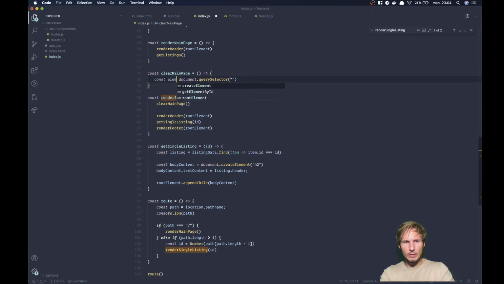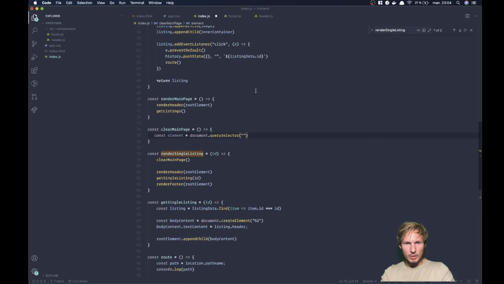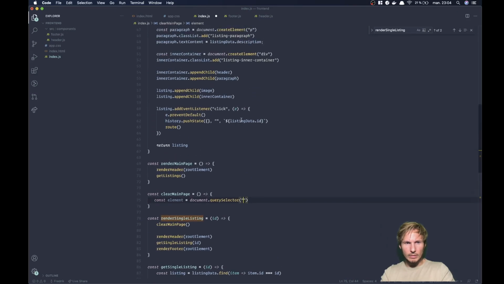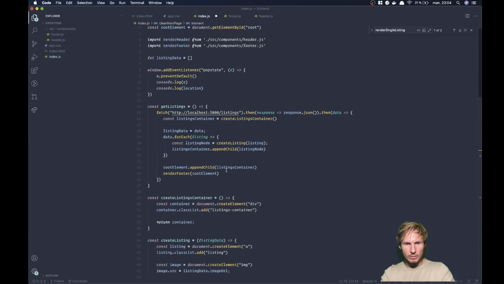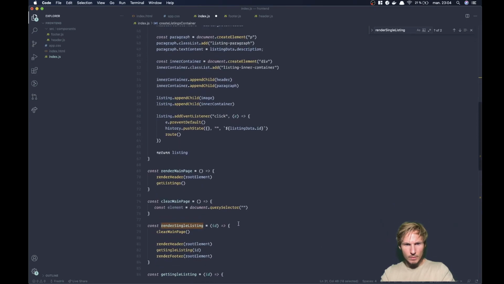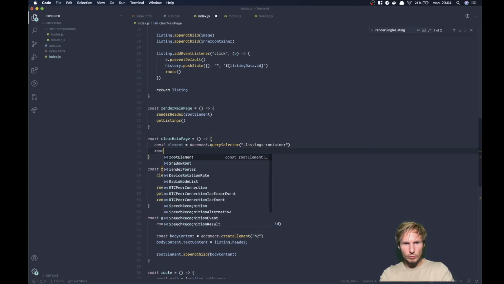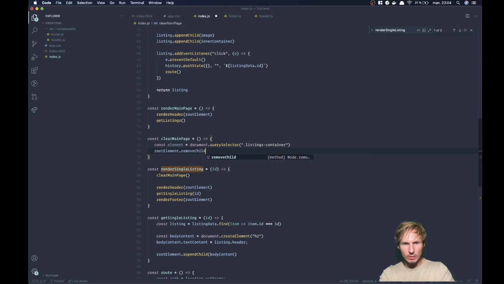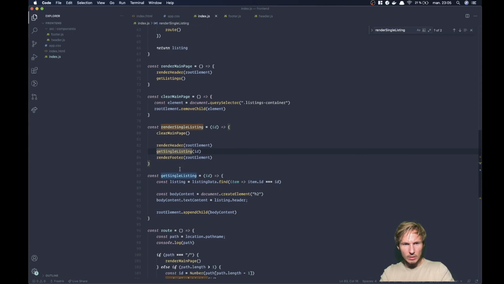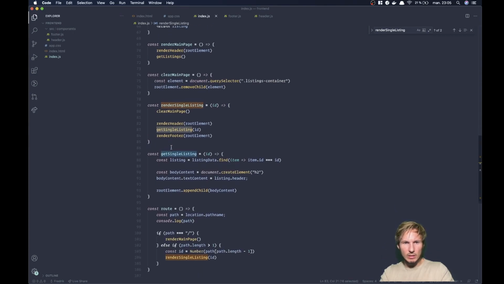We'll say element, and it's going to be document query selector and the listing container. So we'll grab that and then we'll say root element remove child element, and then we'll render the header again, get the single listing, render the footer,